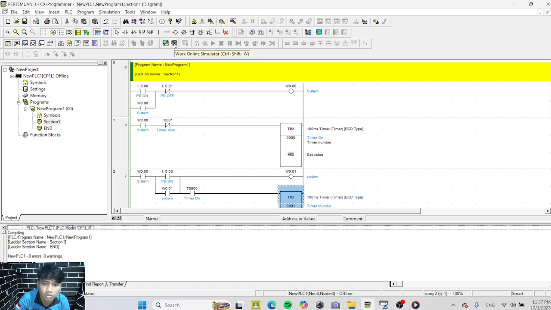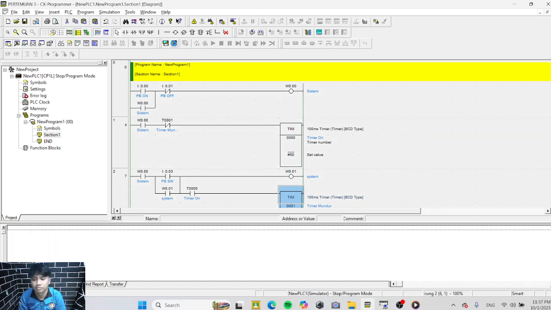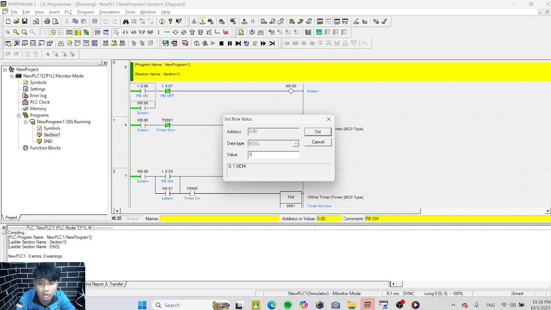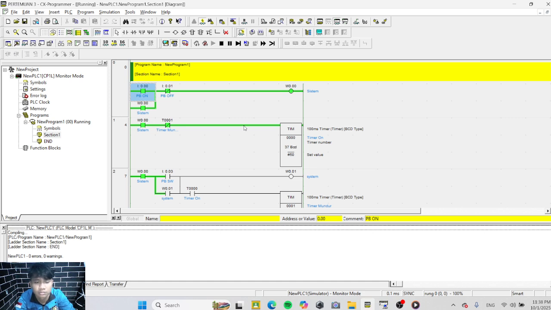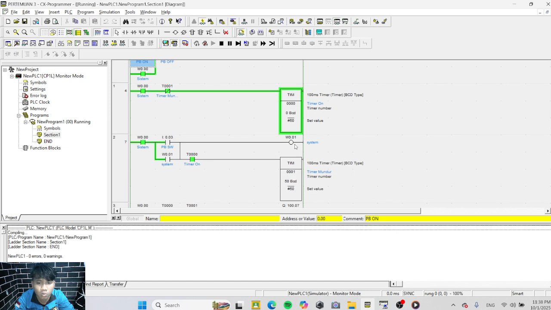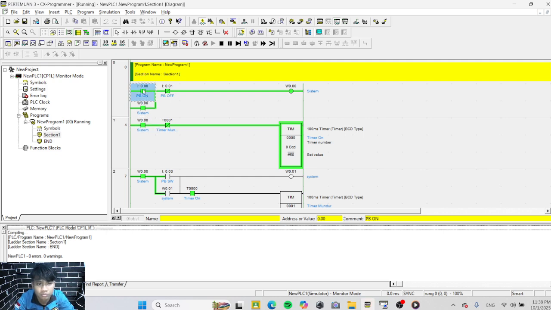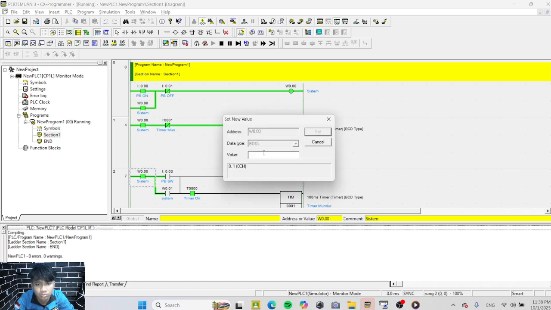Okay, next is the simulation. To run the schematic, use Work Online Simulator, Control Shift P, or click Work Online Simulator. Double click the input on, and in the run, timer 1 is shown with no and off.